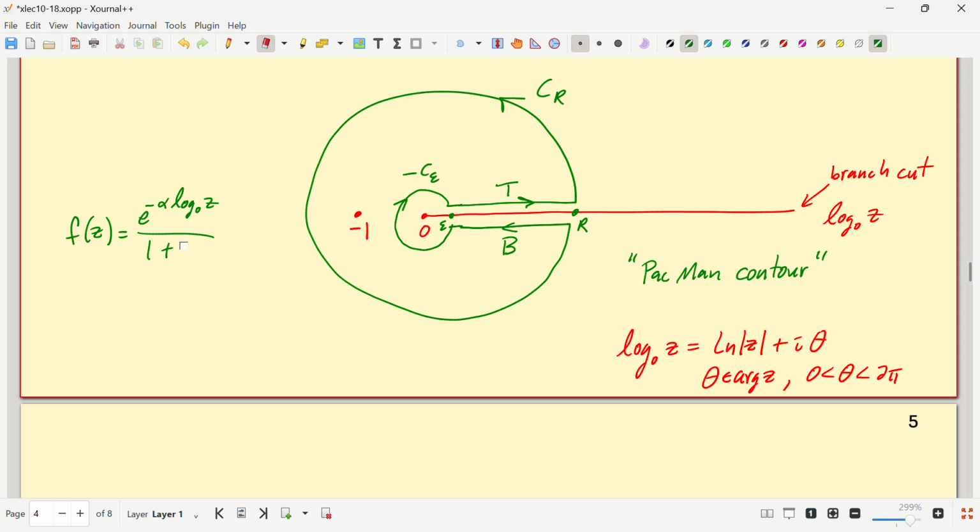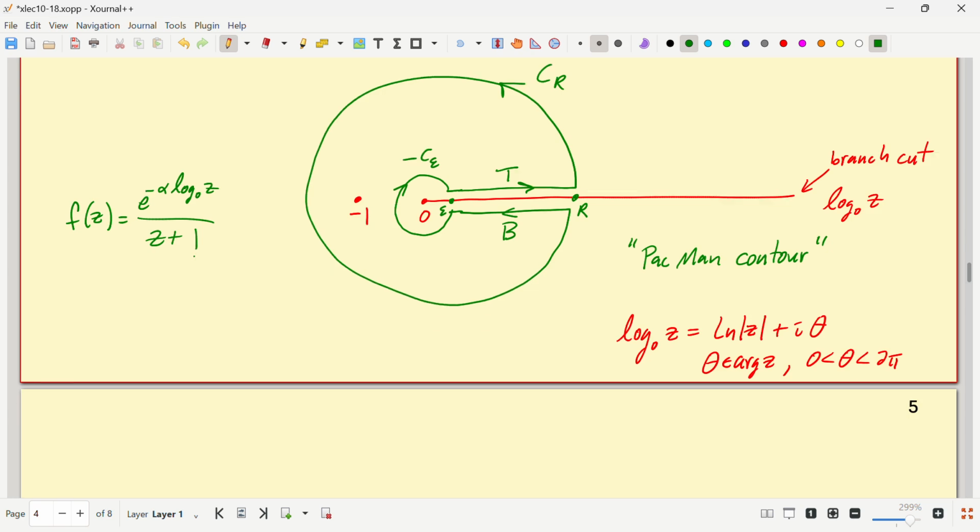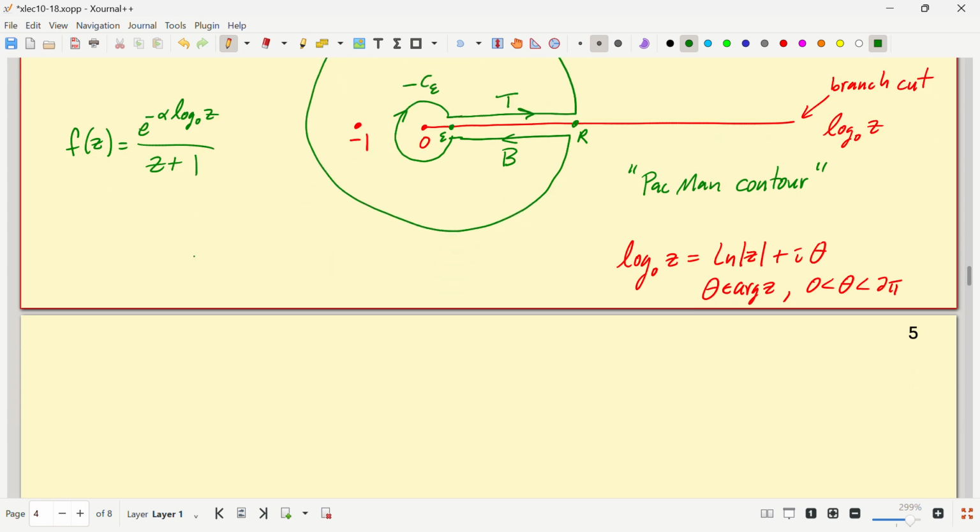Well, I prefer to write z plus 1. So that has a pole at -1. Let's call this whole thing gamma. Then the residue theorem